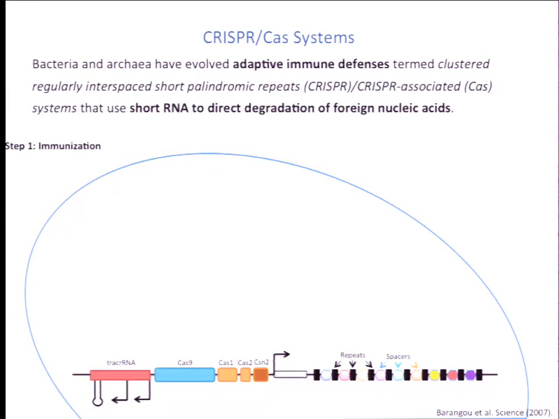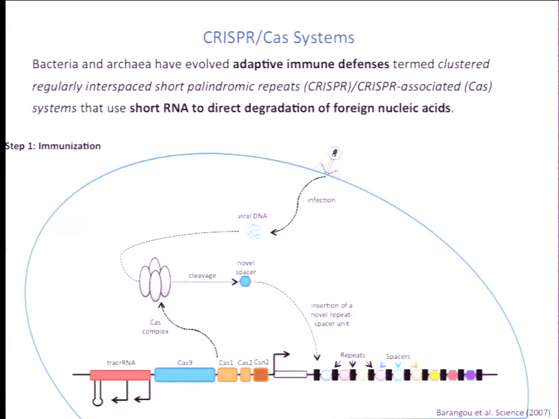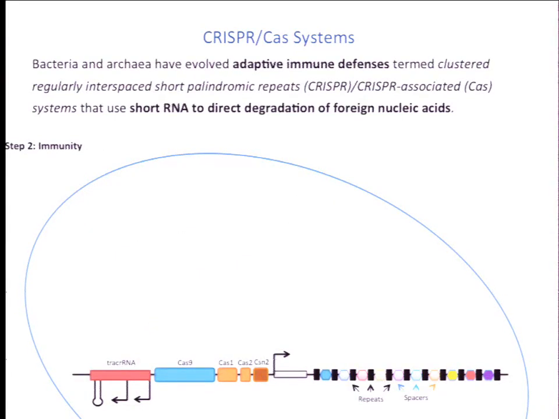And now if there's a viral infection, then the virus will inject a certain amount of viral DNA, and a complex of Cas proteins can process this viral DNA molecule, and through a process that is not well understood, incorporate a small piece of this viral DNA into this repeat spacer region, whereby you have stored a memory of this particular infection. Now, once this memory of this infection is stored, then this system can serve to protect against a future viral infection. And this is much better understood in large part due to work done right here at Berkeley.